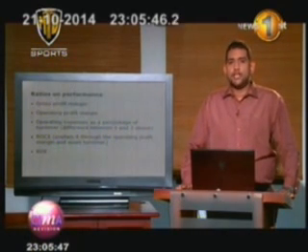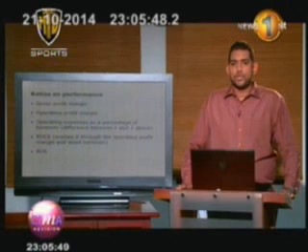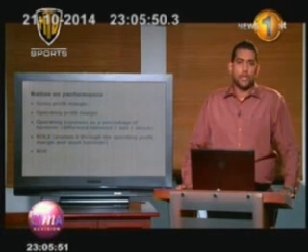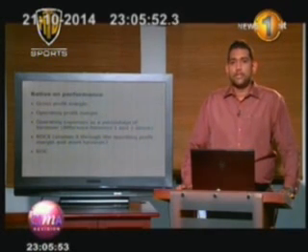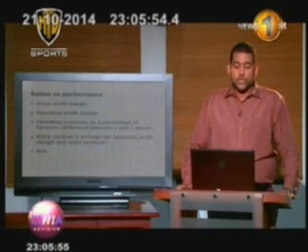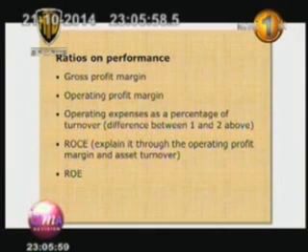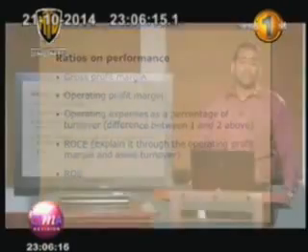So let's first identify our ratios. I'm not going to talk about all the ratios that we have. I'm going to only talk about the relevant, the significant ratios. So looking at the performance, we have gross profit margin, a key ratio, a very important one. Operating profit margin, and then you can also use your operating expenses as a percentage of the turnover. ROCE can be calculated, where ROCE can be further divided. You can divide it as operating profit margin and then the asset turnover,